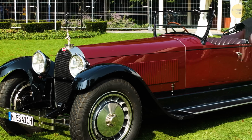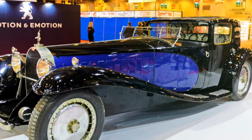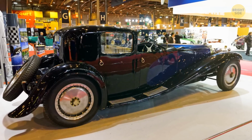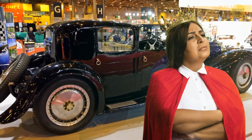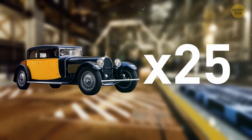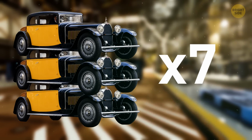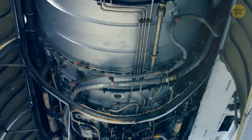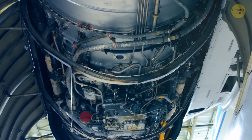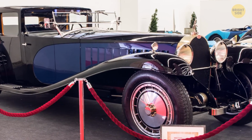However, at the time of its creation, there was a great decline in the economies around the world. Unfortunately, this lavish car wasn't a success. Even the royalty of Europe had no interest in such an extravagant purchase. 25 had been planned to be made, but as interest faded, only 3 were sold. The production line ceased with only 7 built in the end. The engine design was based on a French aircraft engine and is the largest ever built. But following the failure of the Bugatti Royale, the remaining engines were reused for newly built high-speed rail cars for